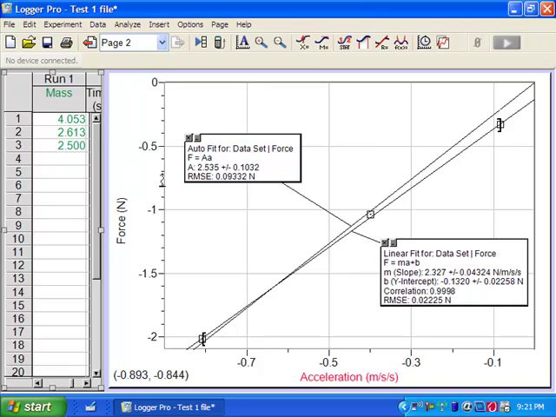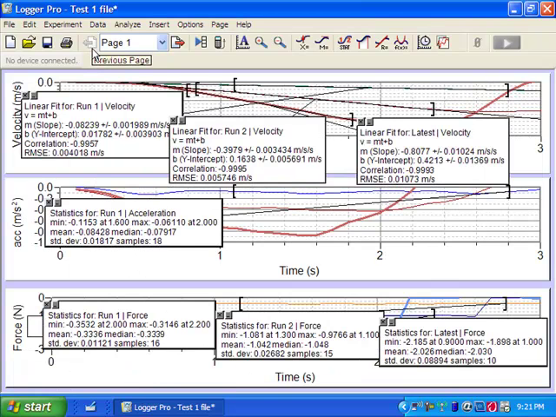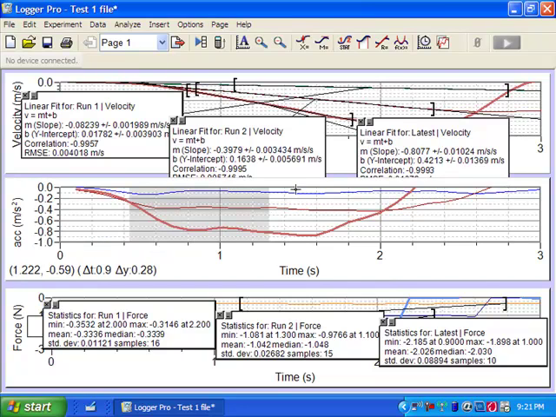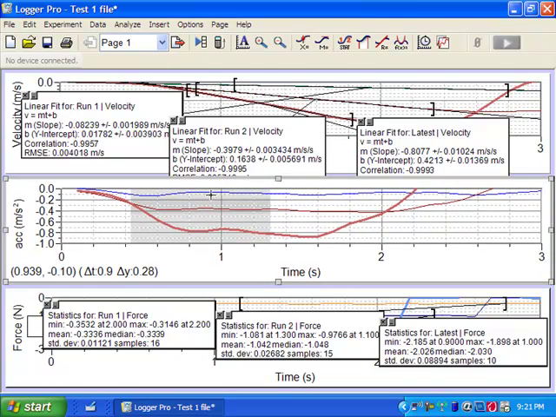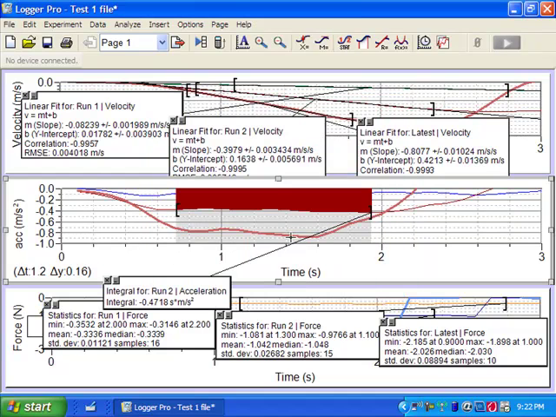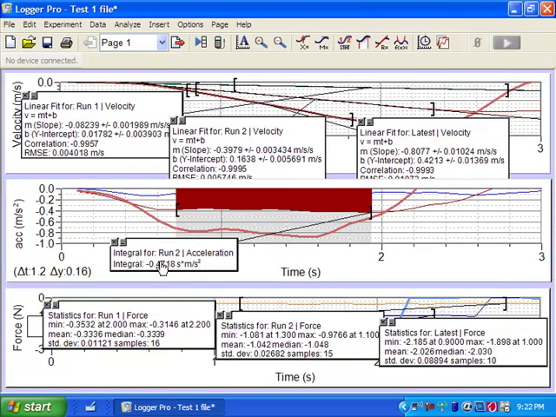Okay, the last thing I'd like to show is how we do integrals. Maybe you want to take this acceleration and figure out something about how much the change in velocity has been. So I'm going to come here. I highlight just like I would for an average or for a curve fit. But now I click instead on this button, which is integral. I'm going to do it of run 2, the middle one. And aha, it fills in that whole area and tells me that it's negative 0.4718 seconds times meters per second